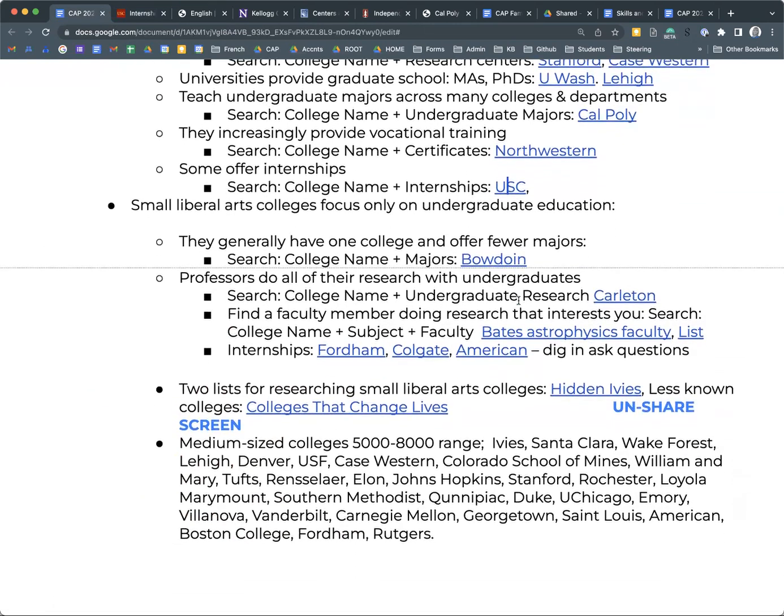Okay, so that is basically an overview of universities. Again, just to summarize, universities have a lot of priorities. You're not their number one priority. They're doing a lot of things. If you're really looking for an experience where you feel that the university and the college is very focused on you and giving you the attention you need, if you're looking at large universities, you want to ask about that when you're on your visit.